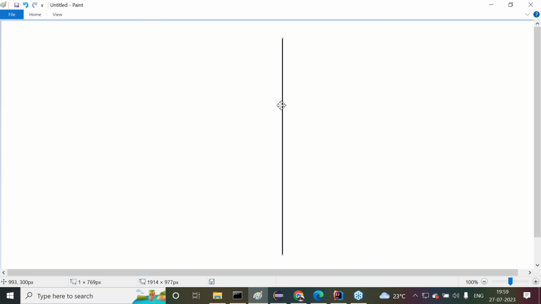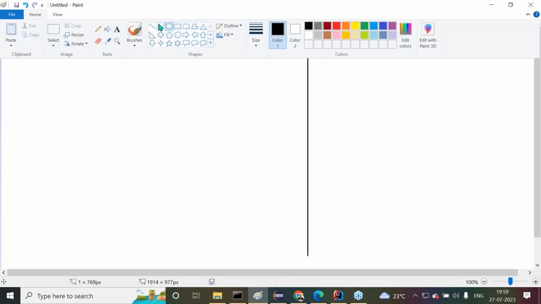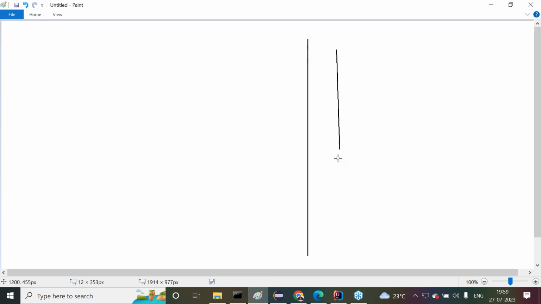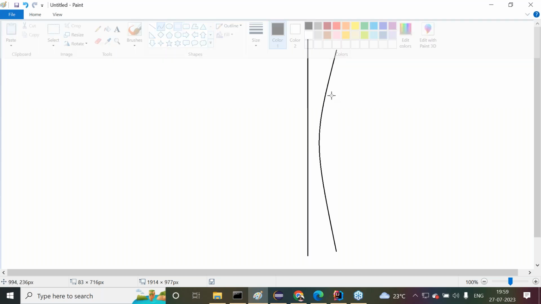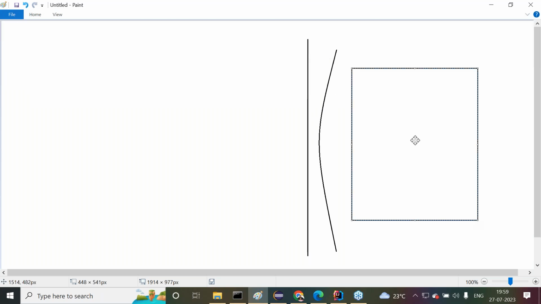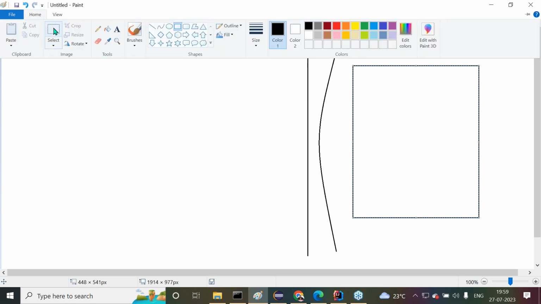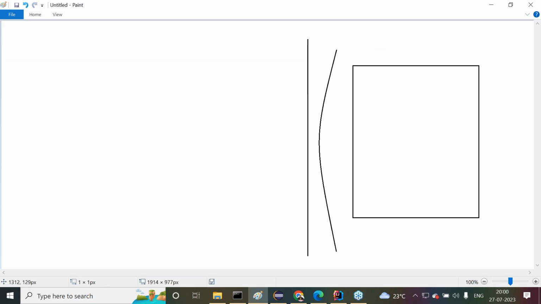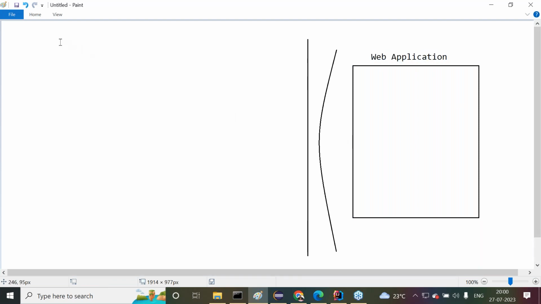Here we are having a container. This part is nothing but the container. Here we are having an application. This is a web application. Inside this web application,